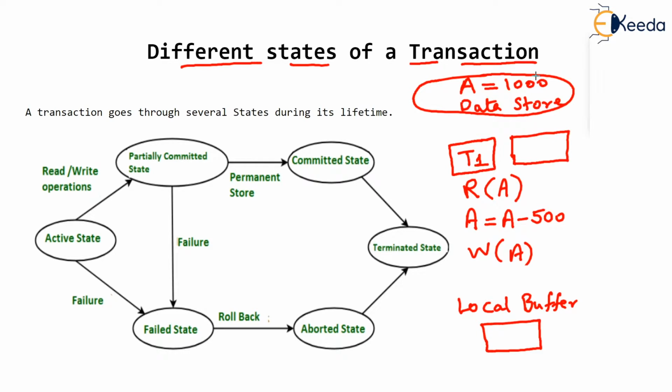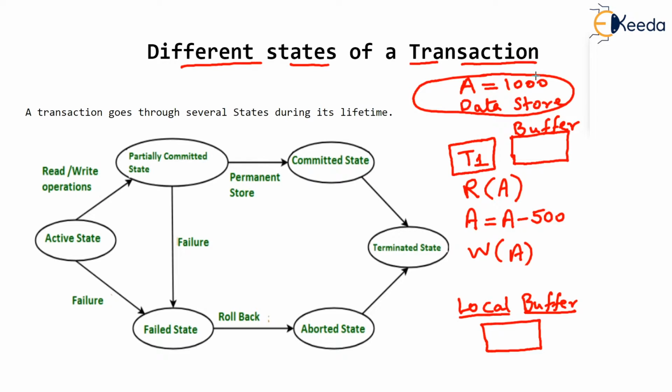Also, just besides T1, there is a buffer shown over here. Now, the value of any data read for the first time will be actually stored in this buffer, and then it will be transferred to the local buffer, as I have written at the bottom here, local buffer of transaction T1. So every transaction has its own local buffer, and the transaction always reads from something called the global buffer. Now both these buffers are basically placed in the internal memory, that is RAM.